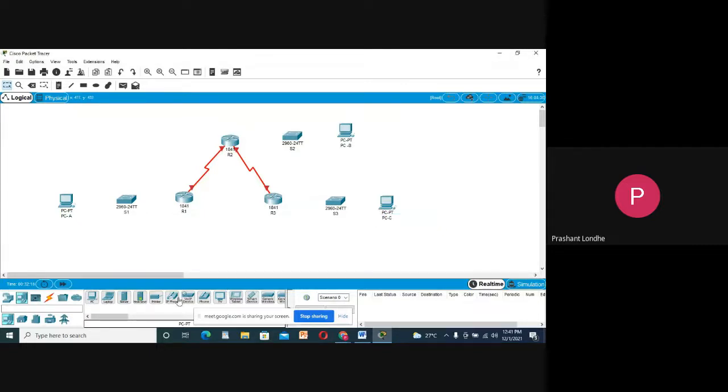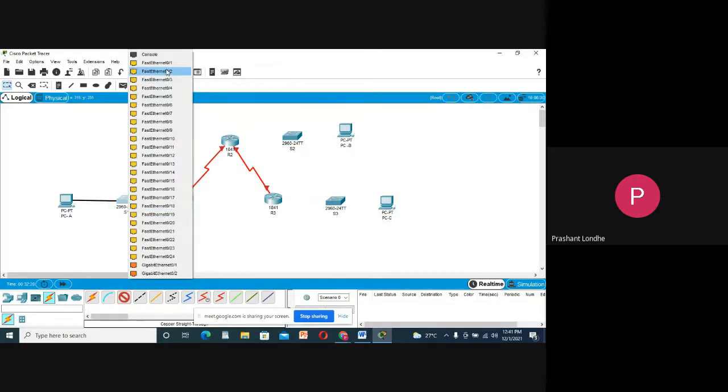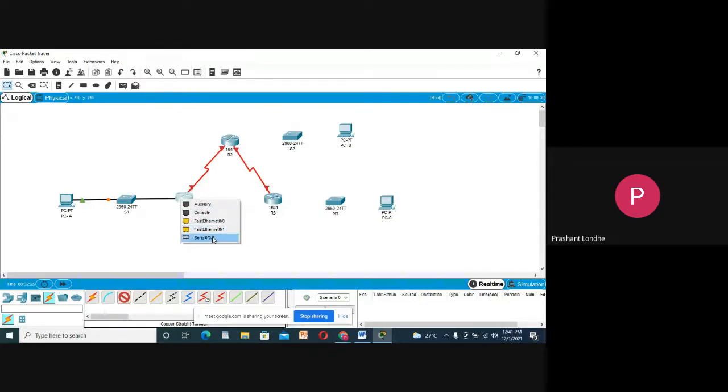So we have three machines. Let us connect them together. So we are using the fast Ethernet cable for the connection. Okay, so we are done with the connection.